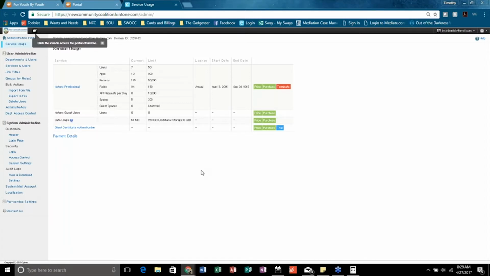Now, when you're thinking about the mobile app, right now it's kind of limited. You can only view information and it's not really customizable. But what Nicole's told me is that they're going to be changing the application and updating it to have a lot more control, a lot more viewing options, editing options, which I'm very excited to hear about.